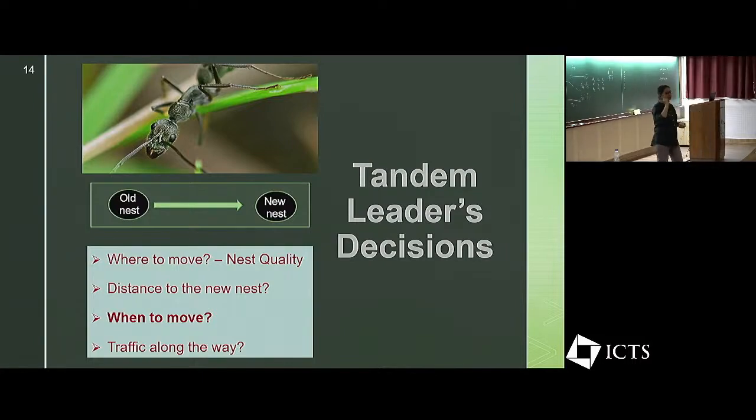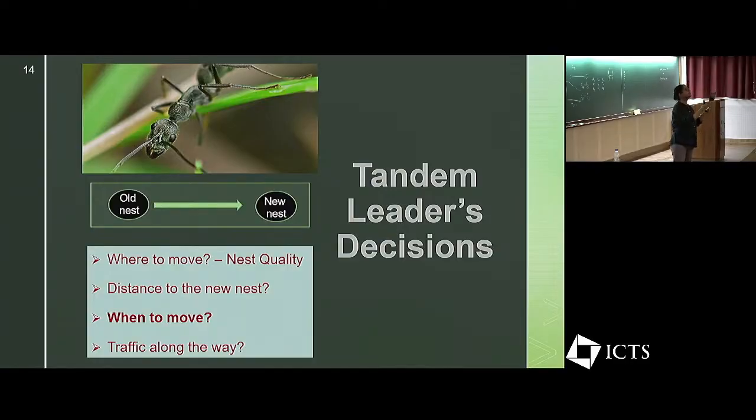Good question. What happens in the beginning is about 10% of the colony are explorers or scouts. They get out of the nest as soon as there is a disturbance, and they will explore the arena. A subset of them will start tandem running. Now, these tandem leaders will have other followers that go with them. Some of those followers will also become tandem leaders, and these are called secondary tandem leaders. These individuals learned about the new nest by following a different tandem run. So a combination of both of these occurs.